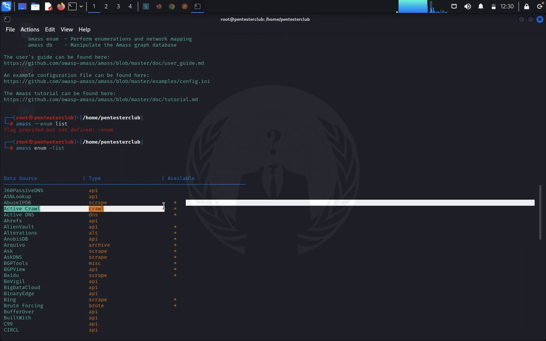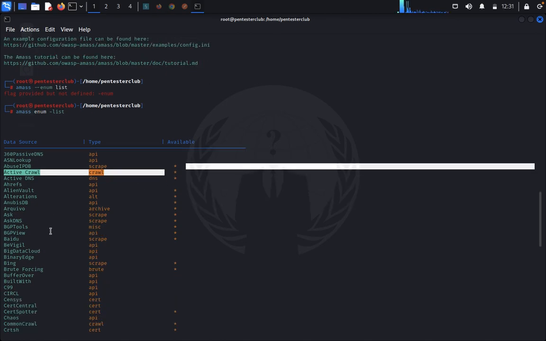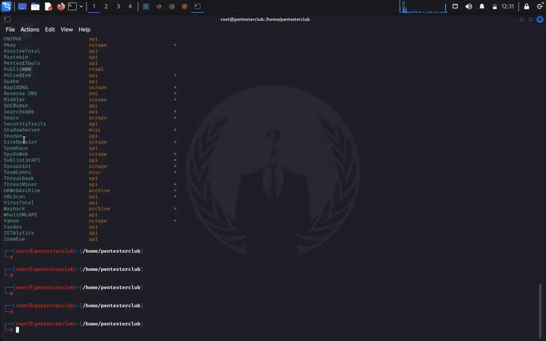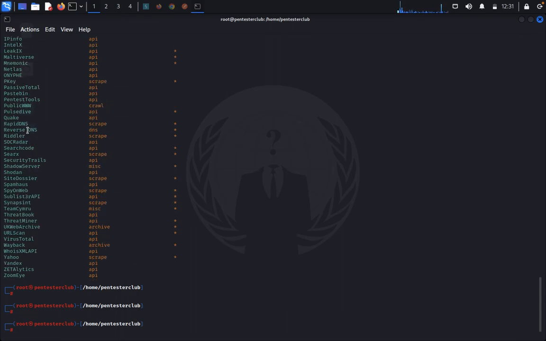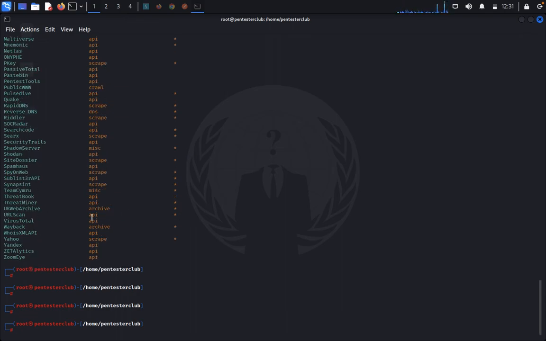If it has a star mark, it's available. So 360 Passive DNS API not available. ASN lookup API not available. AbuseIPDB not available here. Active DNS crawling API available. Also you can see VirusTotal API, it's not available. So for VirusTotal, if you want to do any type of document scan with Amass,